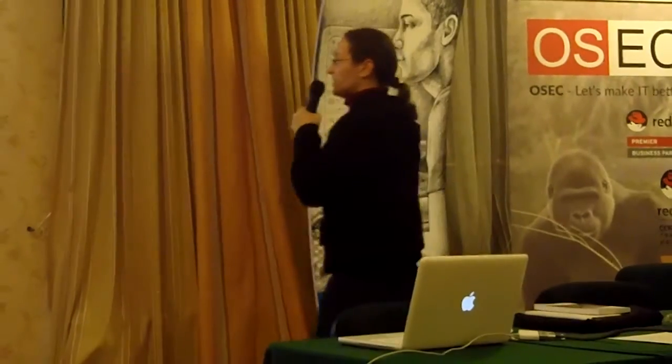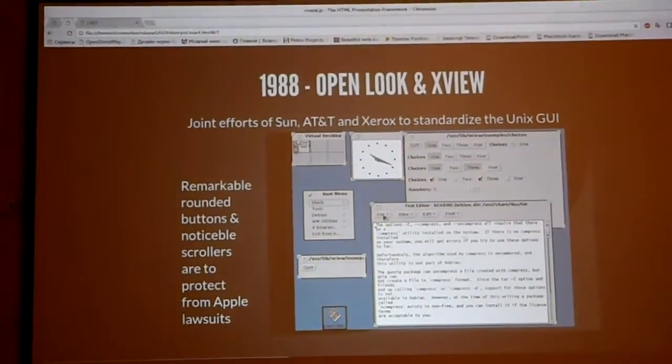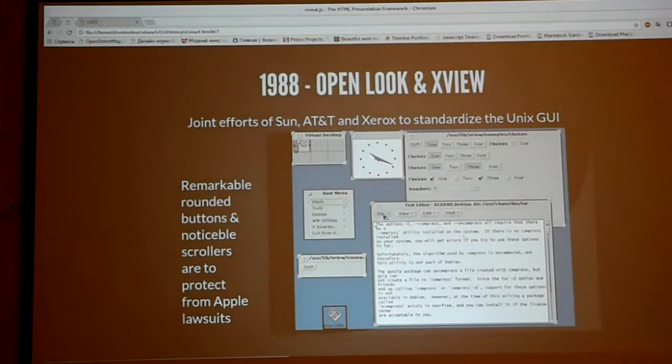First of all, they reinvented the menu in a really bad approach. All buttons are round, and the round shape of buttons is exactly to avoid some problems in the legal field. But in fact, these menus are combo boxes, and you should click them with the right button if you want to choose something, and if you click the left button, you just activate the first element.